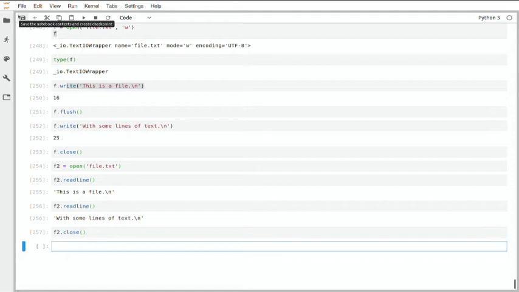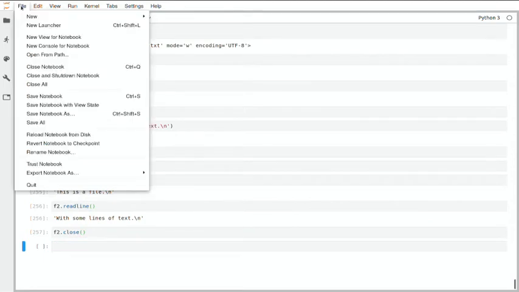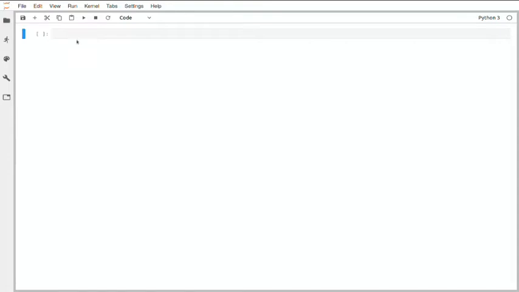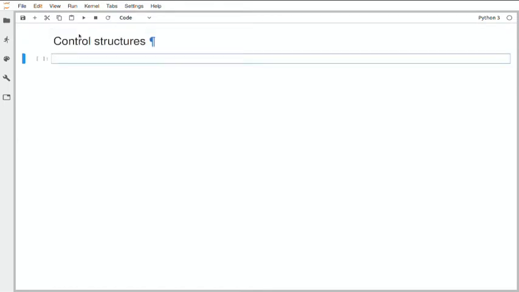So who knows what if is? The if, yeah, okay. So you've been probably waiting for this. Because if you don't have an if, there's very little you can do. Let's create a new notebook. Control structures. Quite often you only want to do some certain things under some conditions. And then you can say if,